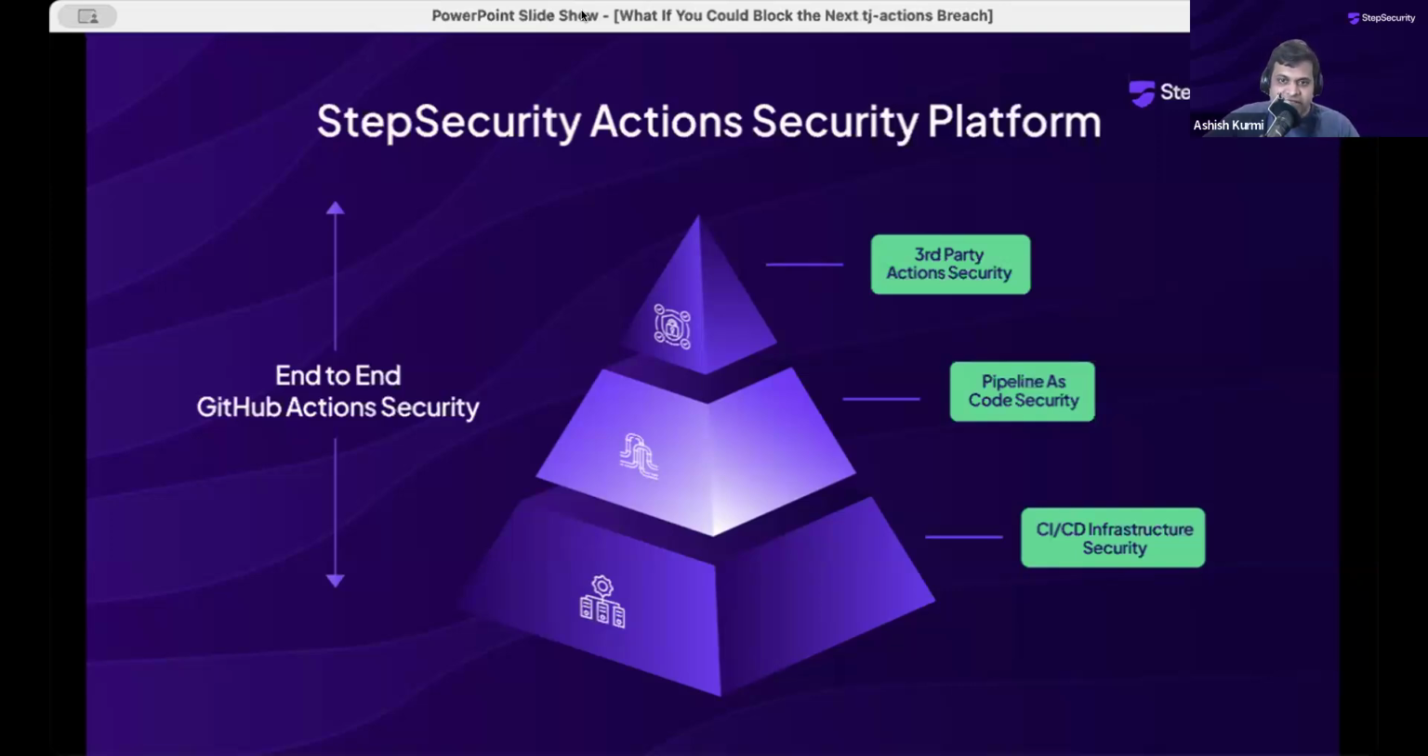In the middle, the second layer is pipeline as code. And to protect this layer, our platform not only detects security misconfigurations, but it can also provide automated remediations through pull requests. So for example, when the TJ Actions incident happened, everyone was scrambling to pin their GitHub Actions. And using this platform capability, our customers were able to pin all of their actions in a matter of a